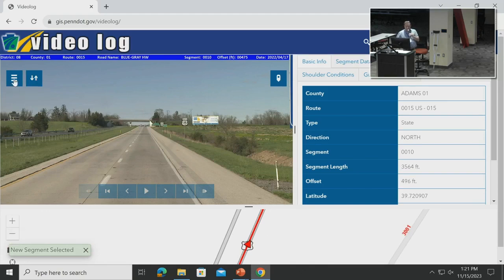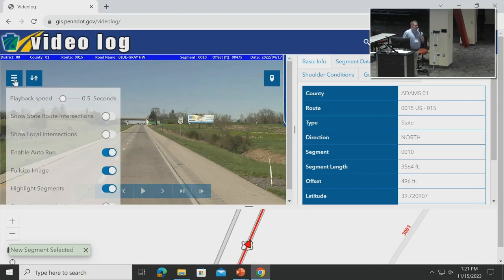The hamburger menu up here gives us a lot of different things that we can do with displaying the video. One interesting one is the playback speed. It's very difficult unless you're locally on network within the building. If you try to go below an image every half second, it'll probably stutter. You won't see the image until you pause and it catches up. But it's hilarious that if you ever do this within the building, you can get going pretty fast. If you set it down to 0.2, you're going about 70 miles an hour. And if you wanted to take a trip across I-80, you could do that. You could just have it play in the background if that's something you would want to do.